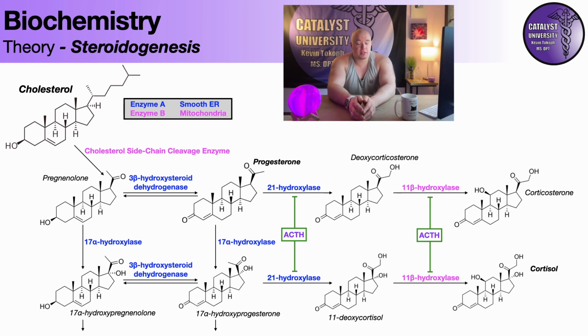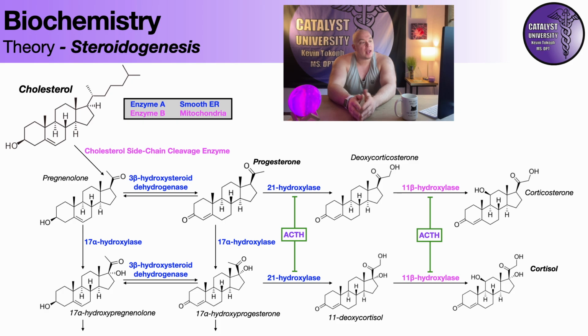Now, before we get specifically into aldosterone synthesis, one really important consideration. The body doesn't always need a lot of cortisol, or it doesn't always need a lot of aldosterone. So how does the body know when to start making a lot of it? Well, it has to do with regulation from the brain, ultimately the pituitary. So when the brain recognizes, hey, we need some cortisol, or hey, we need some aldosterone, the pituitary releases ACTH,